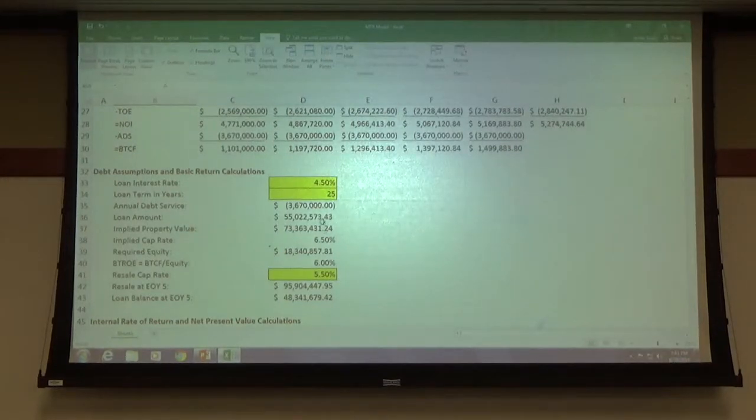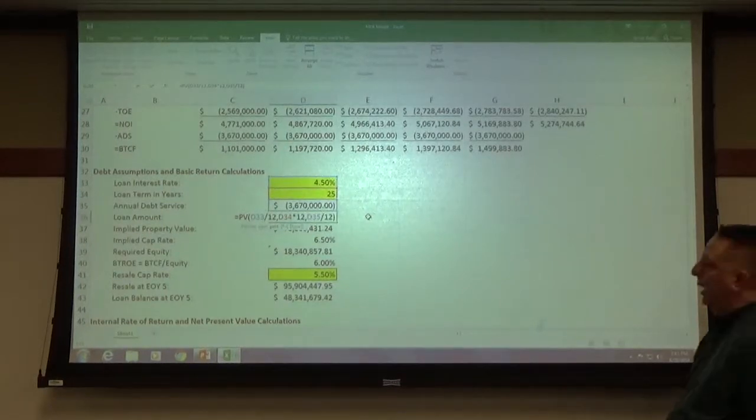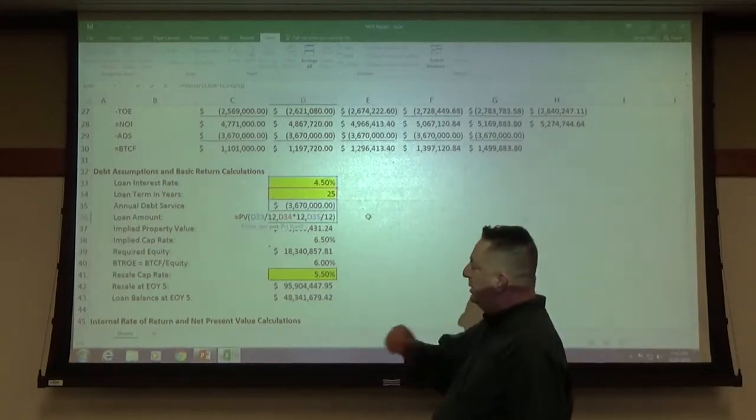Now in Excel, we've got a variety of little formulas that we use to get at these calculations. I'm not necessarily going to go through this, because it really doesn't relate to what you're going to be tested over, but I want to kind of explain a couple of things.